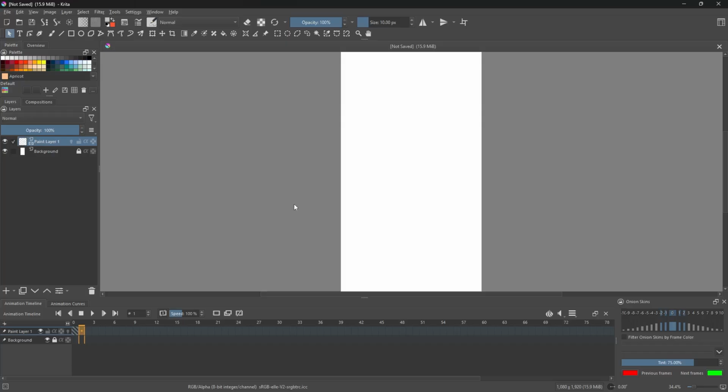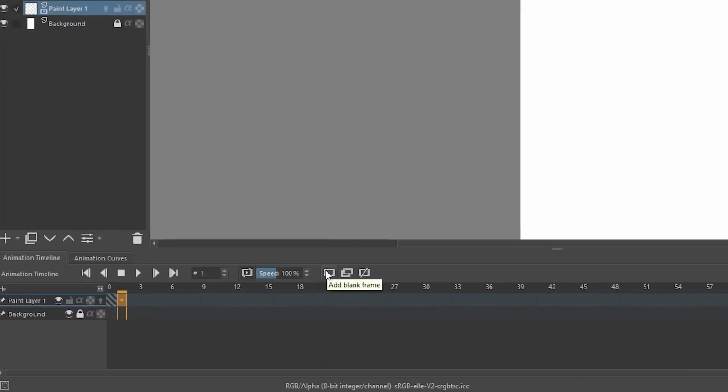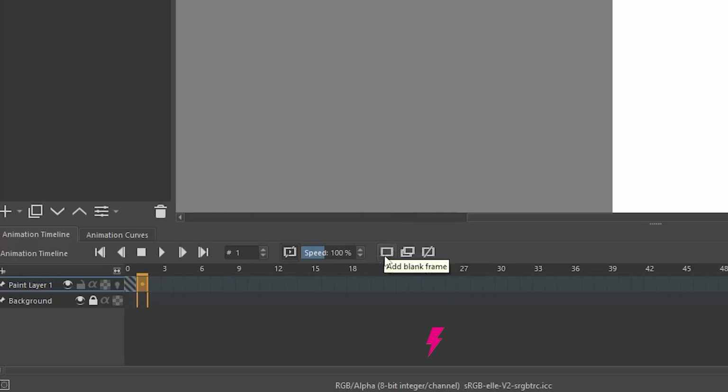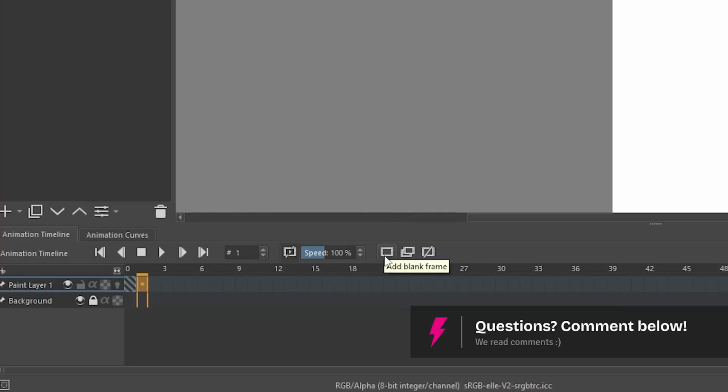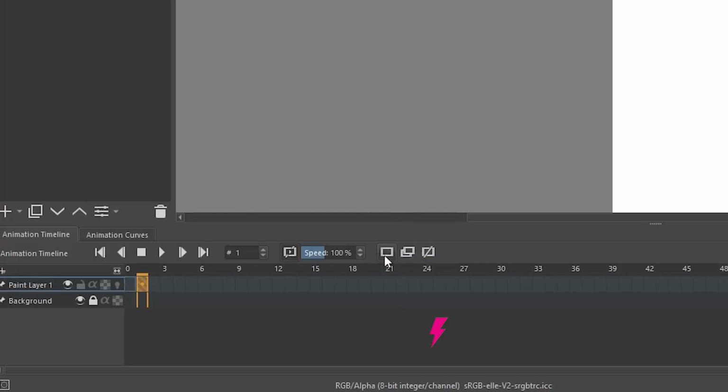Next, to add a new frame, simply hover your mouse over the single frame icon at the top of the timeline and click it to add a blank keyframe. If you want to copy or extend the currently selected frame, click on the Add Duplicate Keyframe button next to